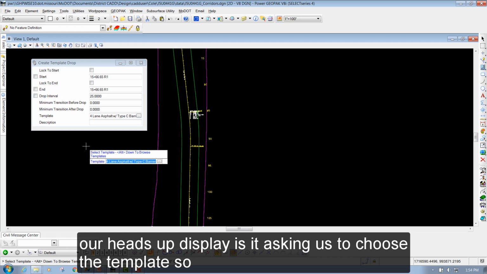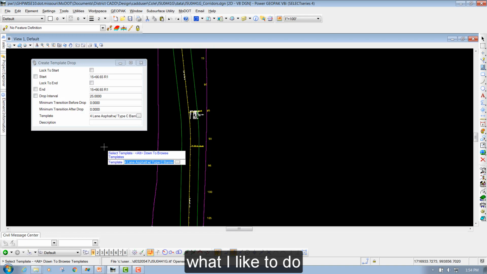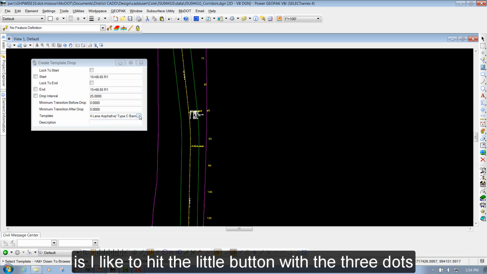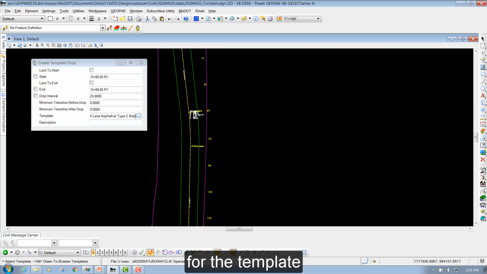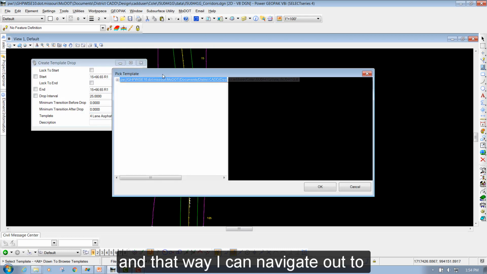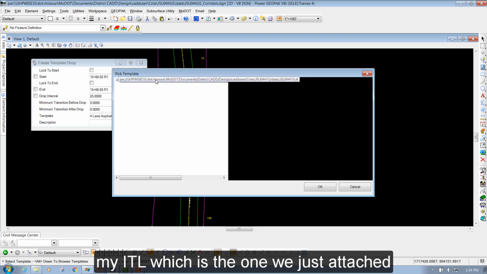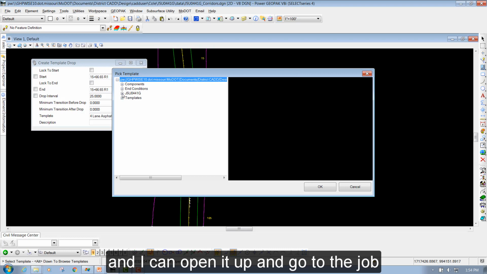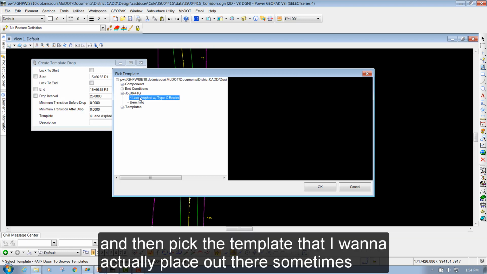Our heads-up display is asking us to choose a template. So what I like to do is I like to hit the little button with the 3 dots for the template, and that way I can navigate out to my ITL, which is the one we just attached, and I can open it up and go to the job and then pick the template that I want to